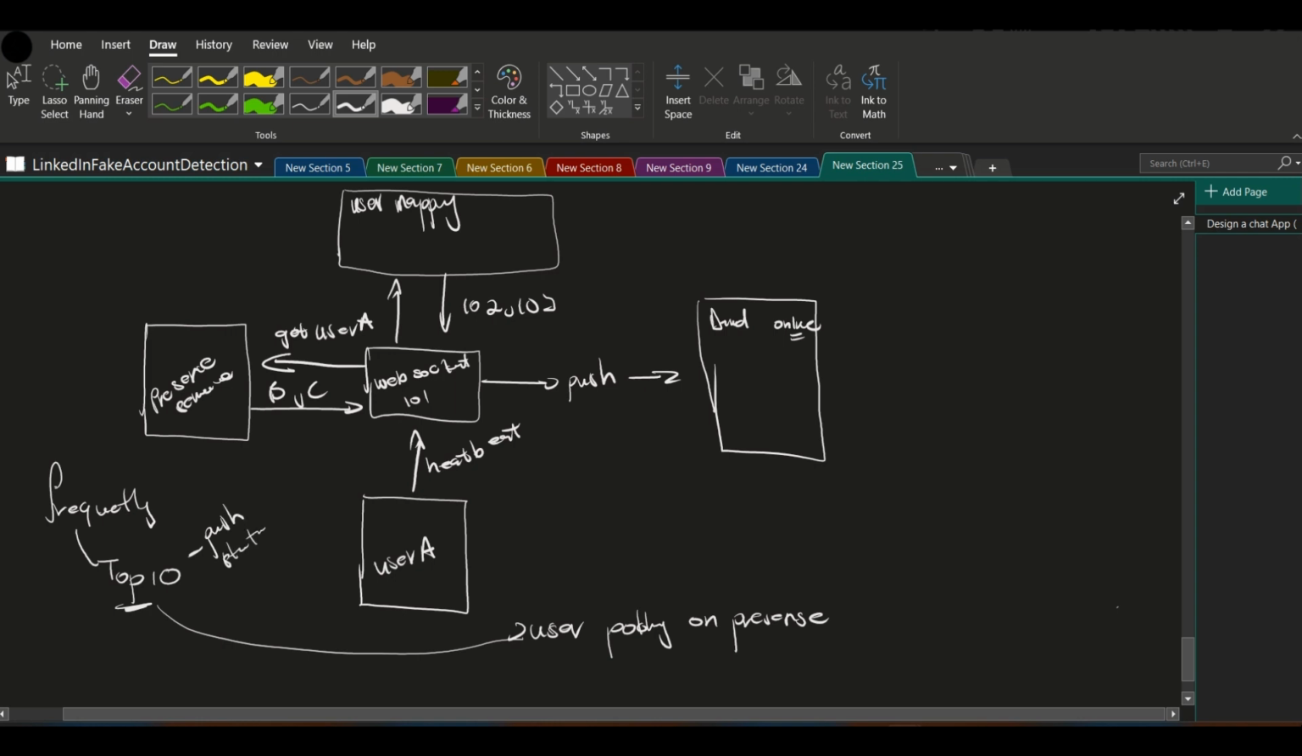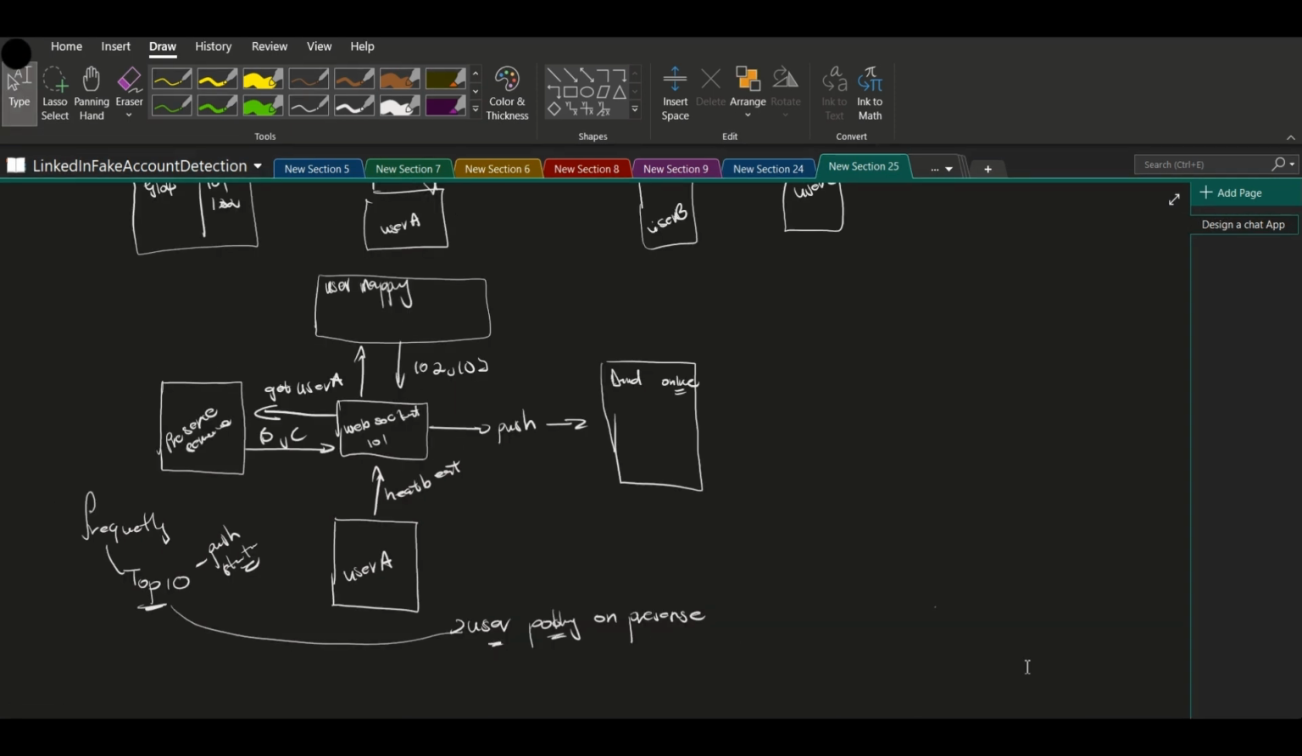We show them who's online. But for these other users, they can actually pull the status. So getting into more details of our system, we have made decisions such as